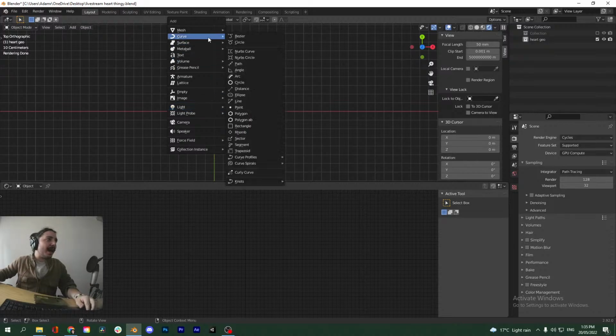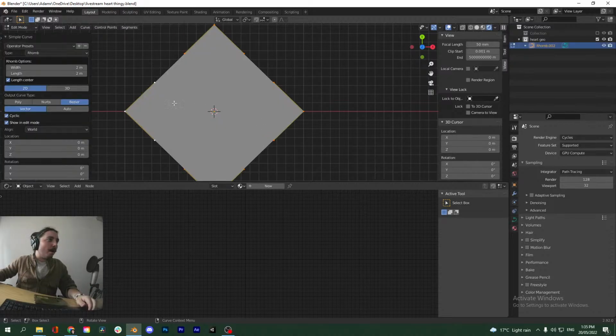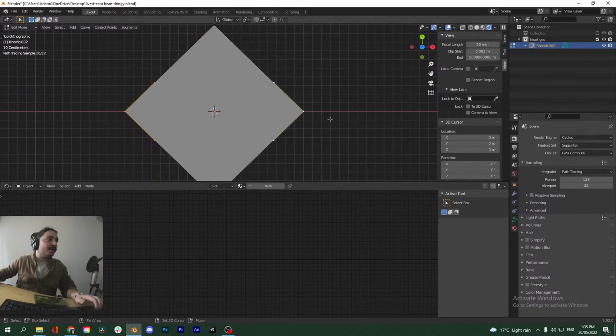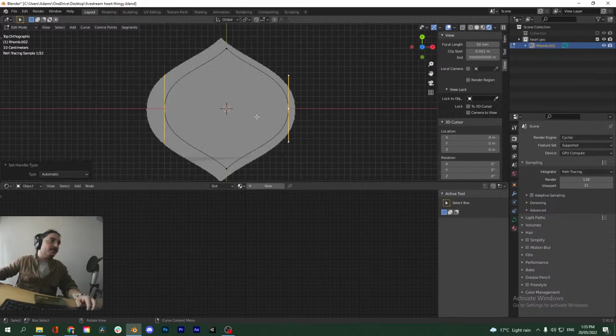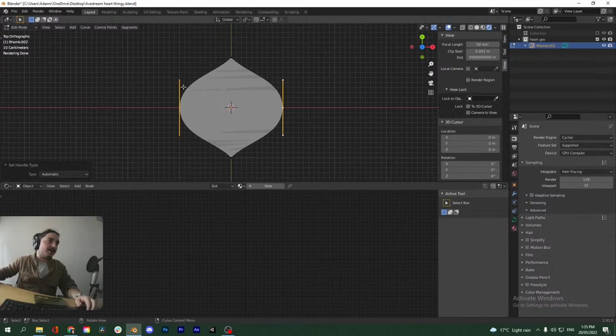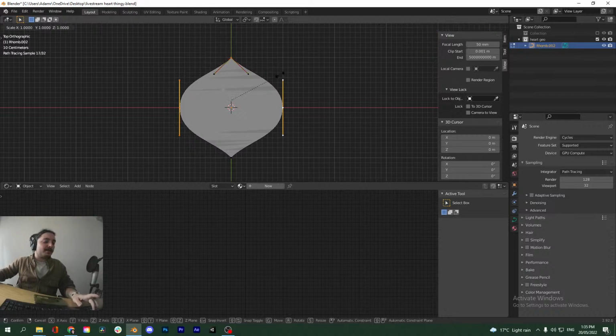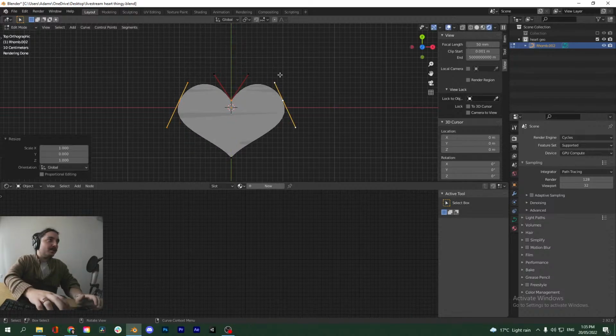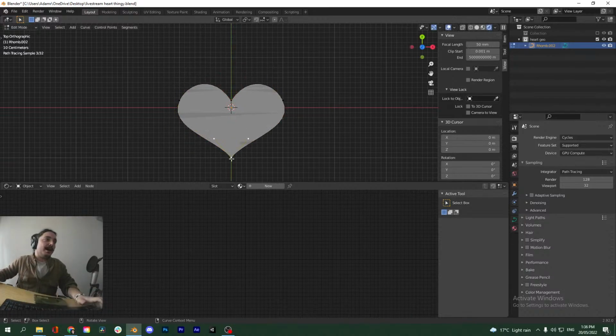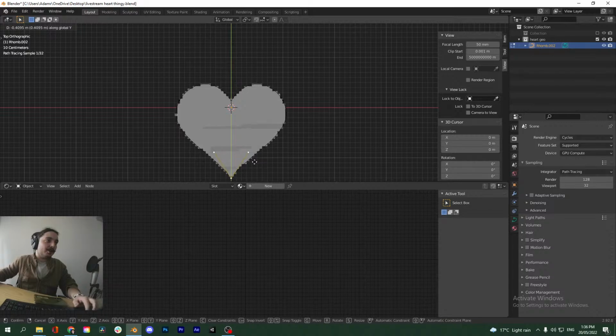We add a curve, a rhombus, and then we select these two at the ends. We press V to bring up your handle type options, and then you set that to Bezier to give it this sort of curvature around the edges. Then you select this top handle, select these two, and just hold Control and drag to deselect the tangent handles. Make sure the main vertex is still selected, then press S, Y, 0 to align it all to the same plane. And yeah, there you have your heart shape in just a few clicks.